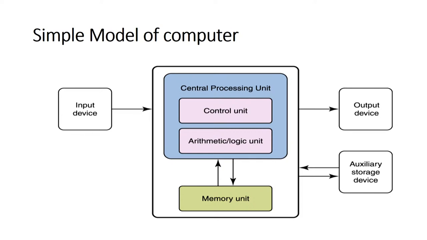So computers are very fast in doing all those things. If you see a basic model of a computer, it has some input devices for capturing data from the user. Input devices may be in the form of keyboard, mouse or screen. Then the data will be fed to a central processing unit, which will be monitoring or controlling the flow of these